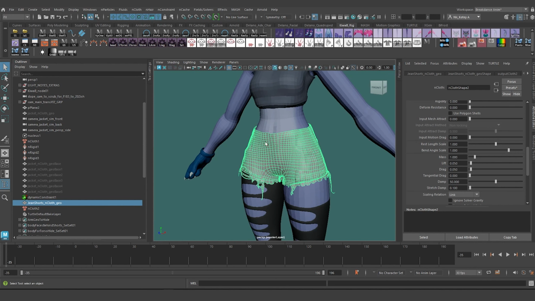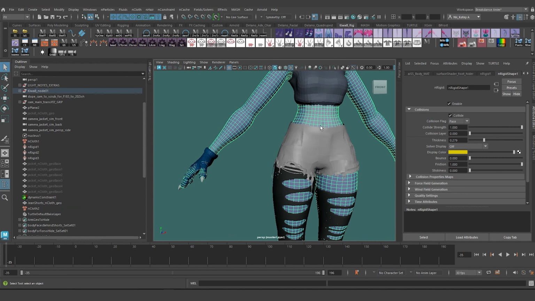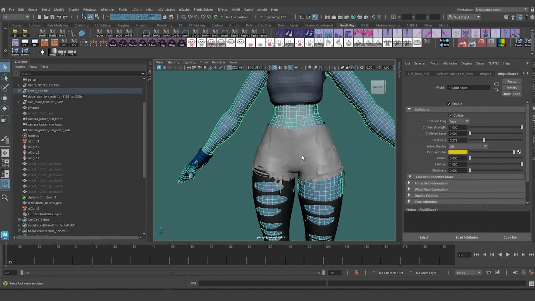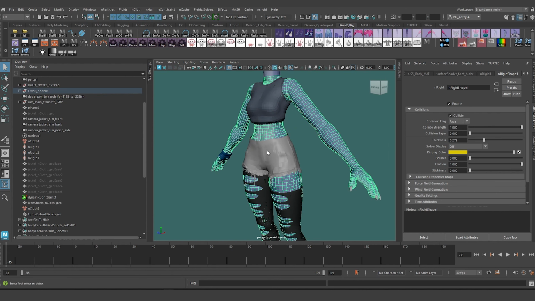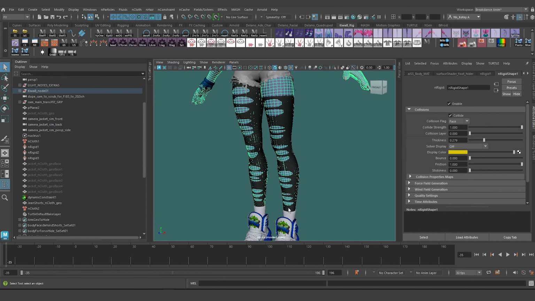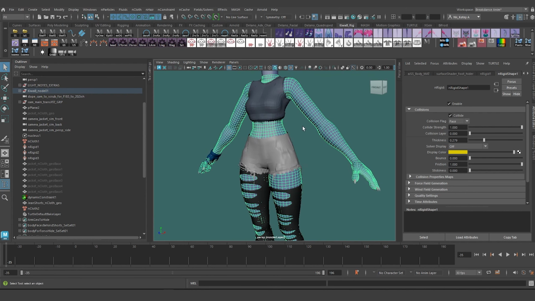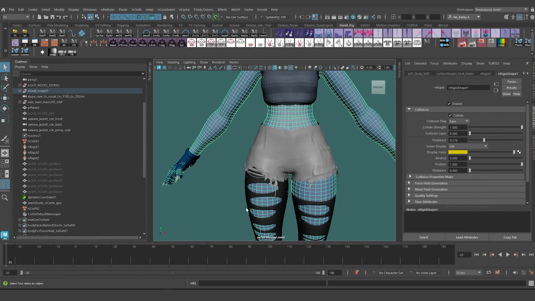For this issue we're having with the hands, I'm going to resolve it by creating a new collision surface for these shorts to collide with. This body acting as a collider for these shorts is never really going to go to all these places. It's never going to go all the way down here. It's never going to go up here. It might collide with the hands, but there's a lot of computation happening for collision, and I want to limit that computation to an isolated mesh that is within this region, somewhere from around the belly button to the top